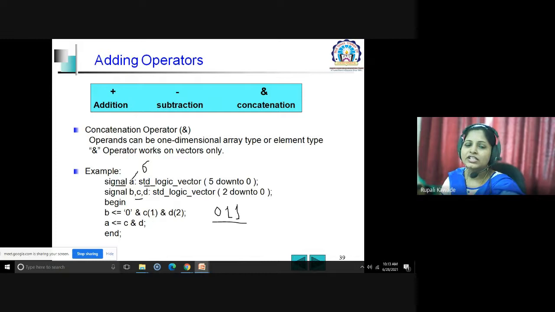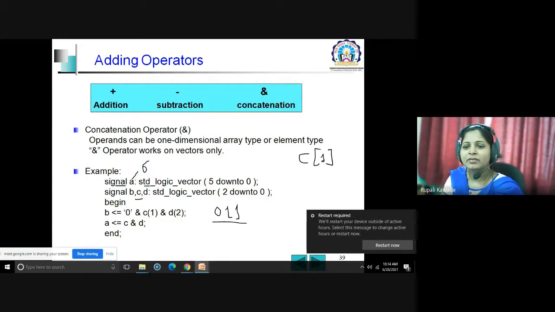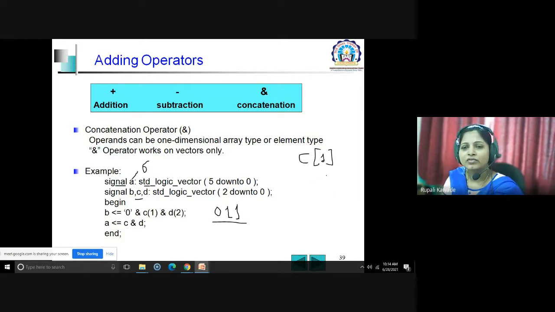Okay. See, C parenthesis 1 means what? It is taking the first bit. So it is nothing but an array. C is an array because C has 3 bits, right? In the case of arrays, you generally write it this way, like C and square brackets you denote, right? So it is the element which is present at the first position, the first index. In this way, you are using the parenthesis only to refer to the individual array element.